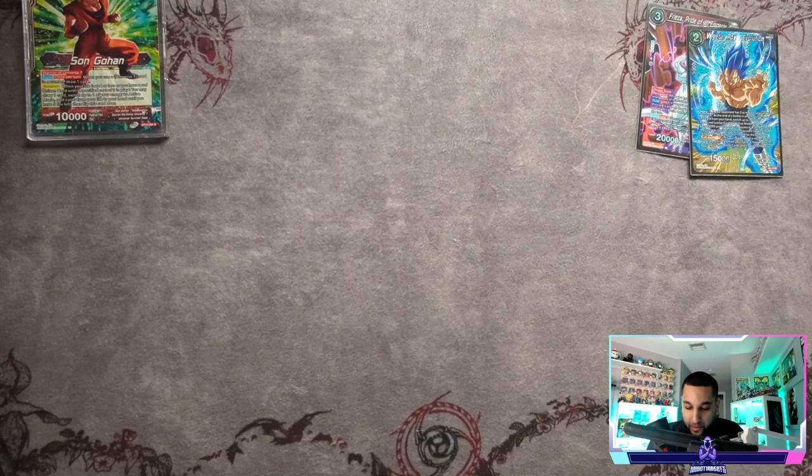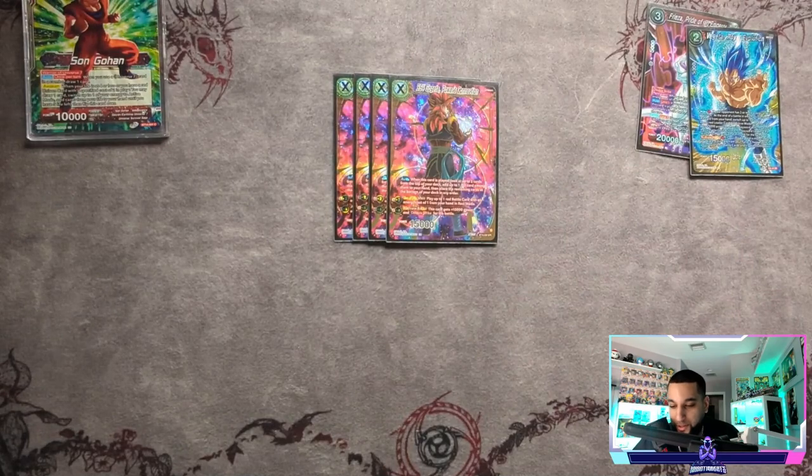One of the core components of the deck, and the card that really makes everything work, is Gogeta Power's Connection. This is a 2-cost 15k unison that when it's played, we look at the top, at up to 3 cards, grab any 1 red card among them, and bottom deck the rest. So we can search our secret rare, but